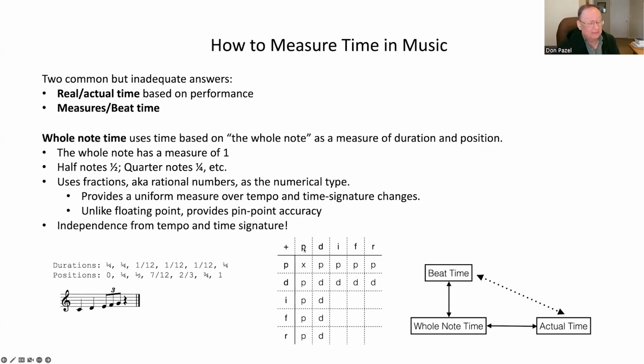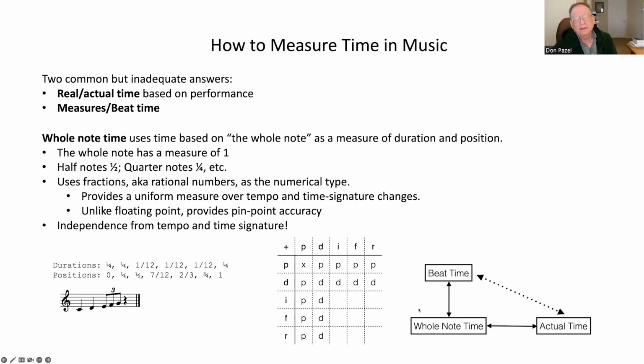I created data types called position and duration and a few others. And so position plus duration is another position and so forth and so on. So it has to do a lot with operator overloading. This is the type of thing I ran into that I thought was beautiful and I didn't see it coming.